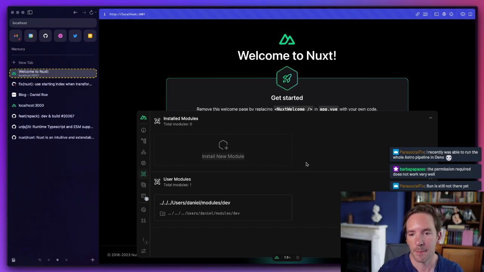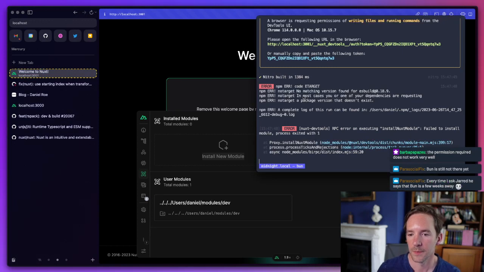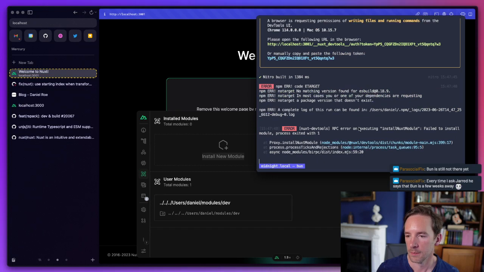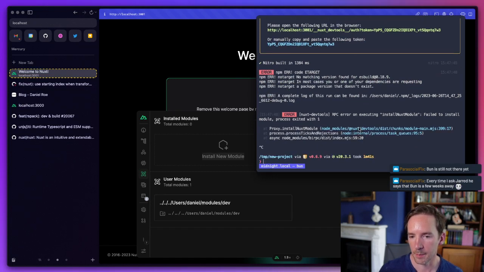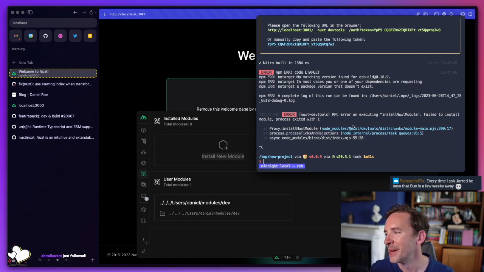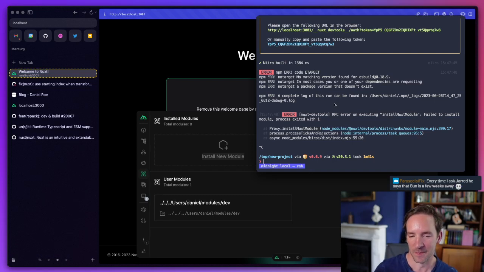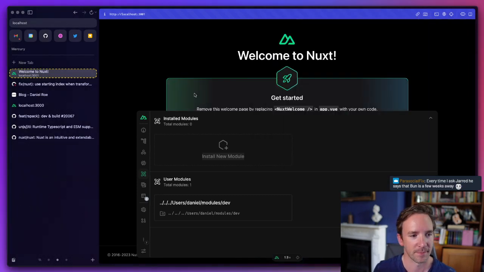Okay, so I think that's happened. Like if I would look at the terminal. Why has that happened? Oh, this has probably happened because I'm using bun, because it won't recognize the package manager. So there we go. We need to have an issue for DevTools to support bun as a package manager. That will be the issue. But yes, bun. It's great.